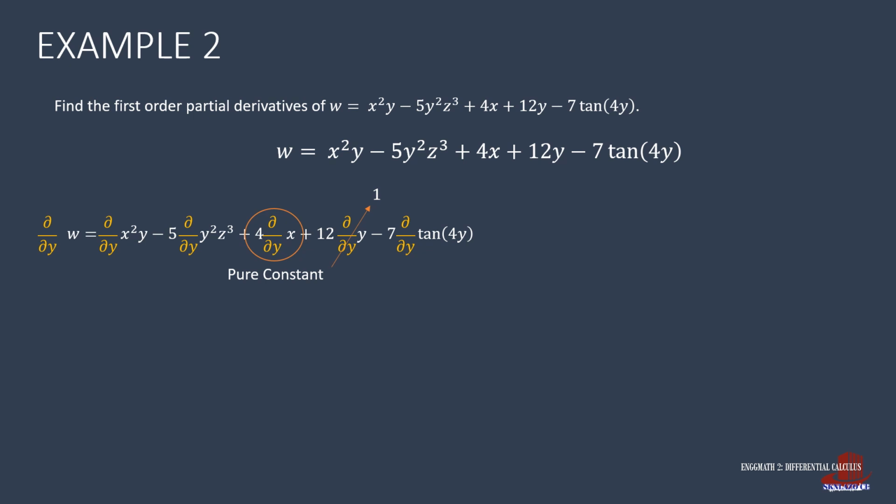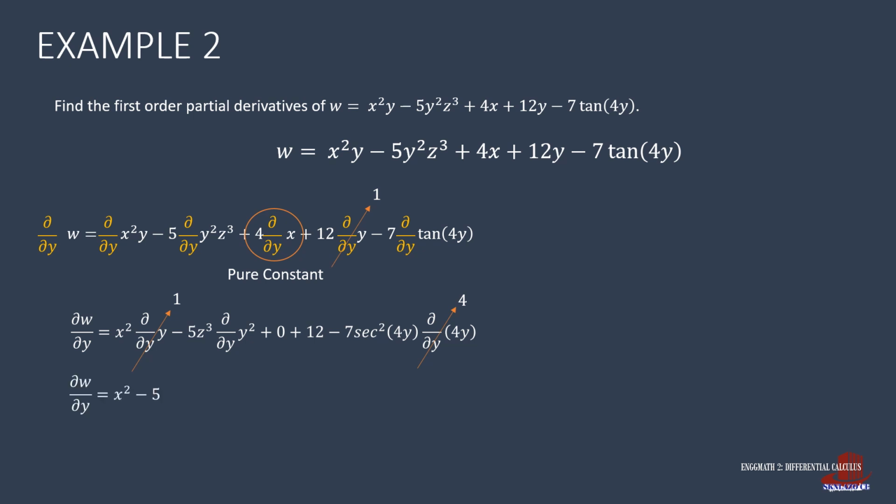The partial derivative is then transformed into the constant x squared times the derivative of y with respect to y, minus the constant 5z cubed times the derivative of y squared with respect to y, plus 0, plus 12 minus 7 times the derivative of tangent, that is secant squared of 4y, times the derivative of 4y with respect to y. dy over dy is 1, and d of 4y over dy is 4, making the whole derivative as